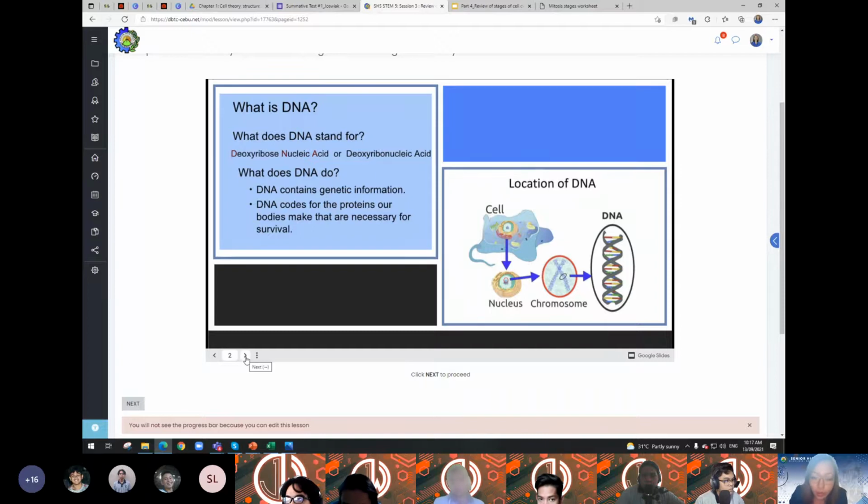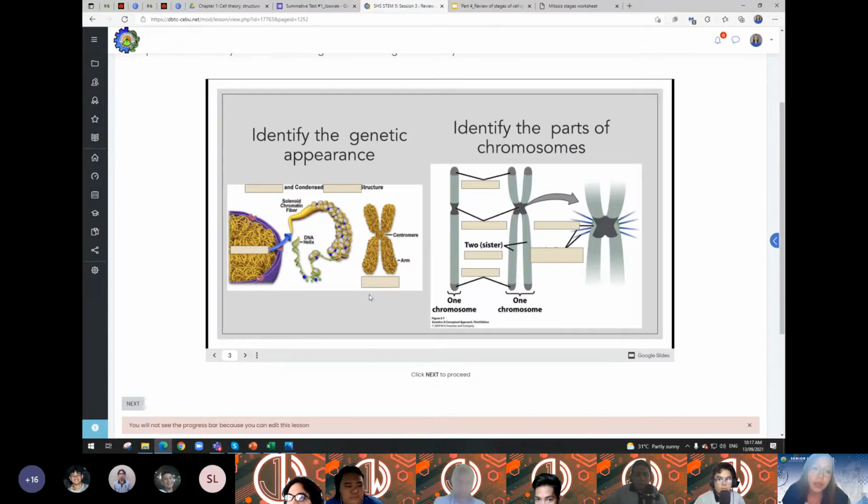Our DNA, class, will have a different appearance depending on the stage. So we will emphasize that one today. Okay, so let's go first here. I did already discuss this, the genetic appearance. Here in the first diagram,